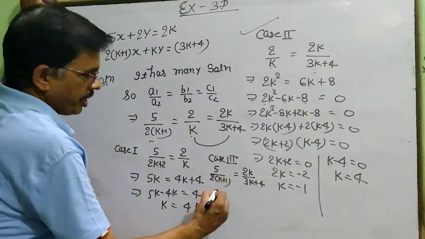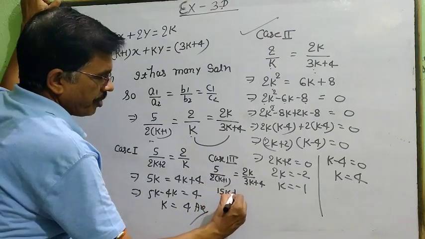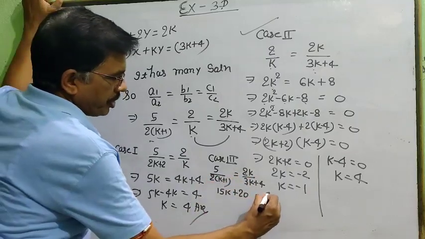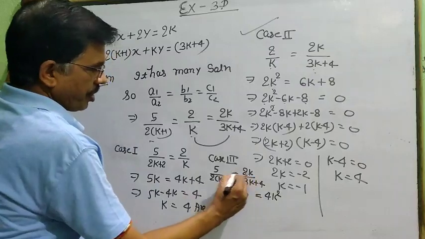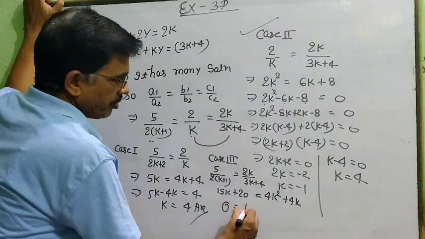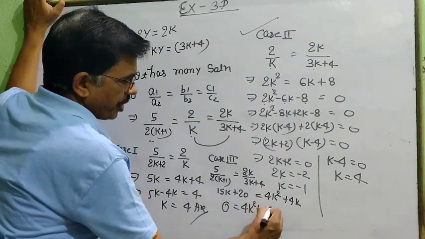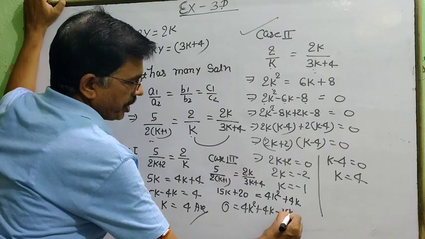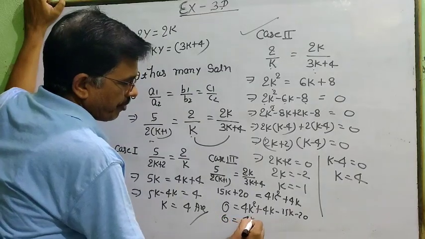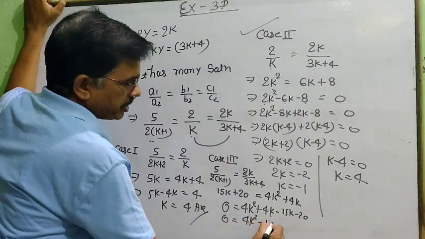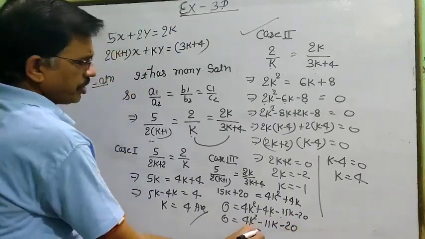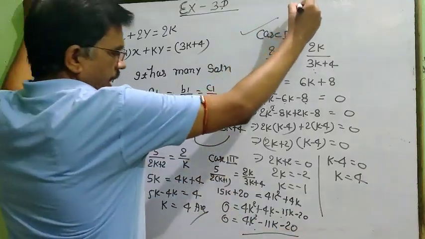So you multiply, then you get 15k plus 20, and here 2k into 2k plus 1 gives 4k square plus 2k, wait, then 0 is equal to 4k square plus 4k minus 15k and minus 20, then 0 is equal to 4k square minus 11k and minus 20. So again it is the form of a quadratic, and this is